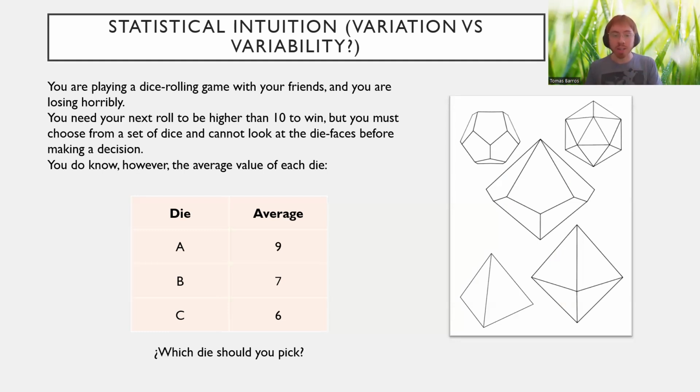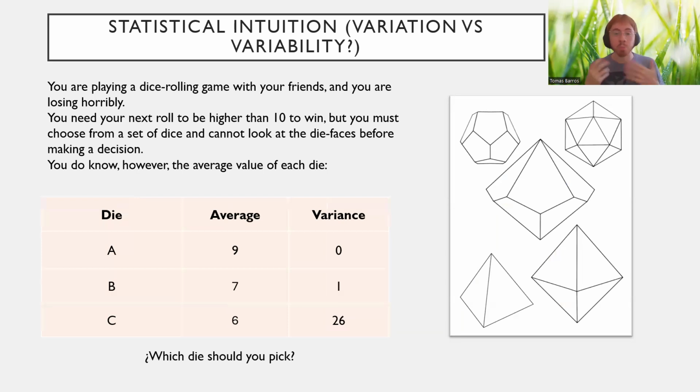So we have 3 dice. We have A, B, and C, and their averages are 9, 7, and 6. The question is, which die should you pick? Well, if we only have this information, then clearly the best die is the A, right? Because it has the highest average. And if we picked the die with the letter A, then we would be very wrong, because there's more information